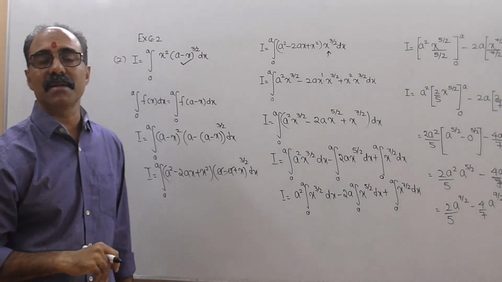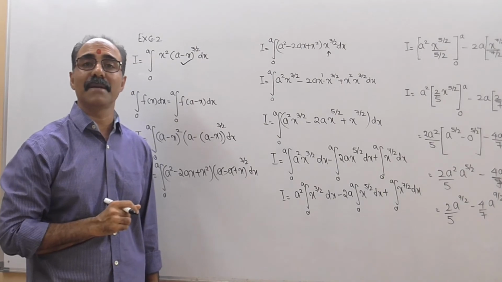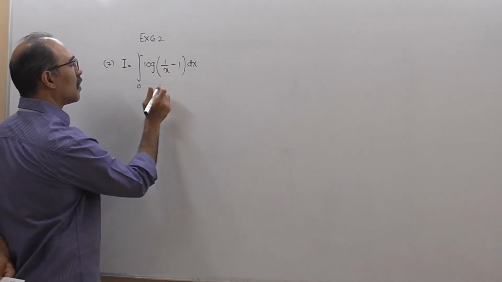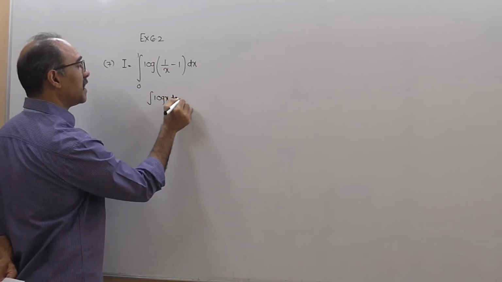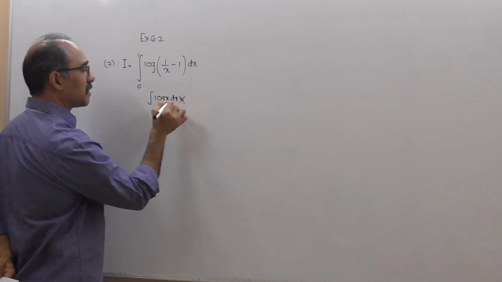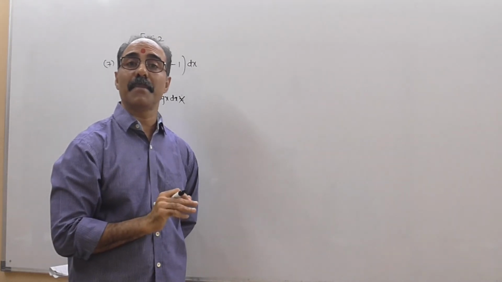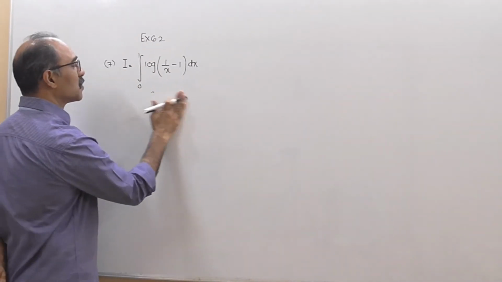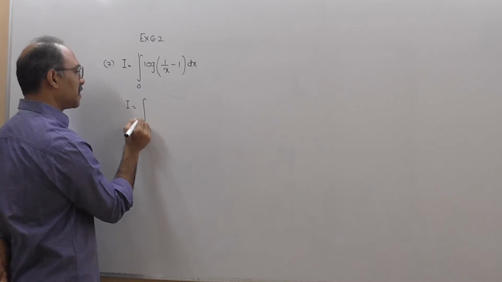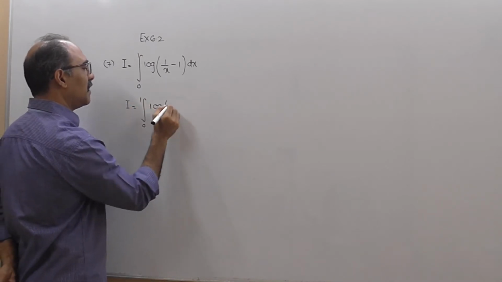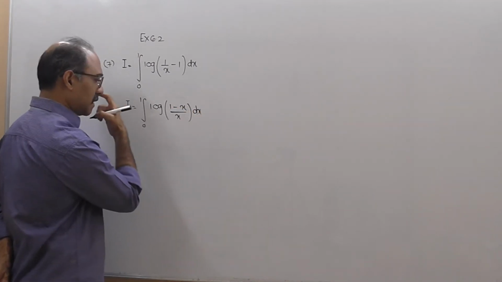For this you have to use the concept of integration 0 to a f of x dx equal to integration 0 to a f of a minus x dx. See, there is no integration for log. If I ask you what is the integration of log x, there is no integration which you can do directly. If you still want to do, you can write it as log x into 1 and use integration by parts. But it is a very difficult thing to solve here. So what I will do is, I'll say that I equal to integration 0 to 1 log, I will take the LCM, so I get 1 minus x the whole upon x and dx.